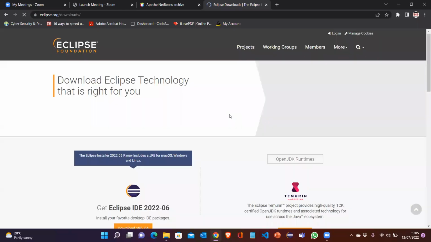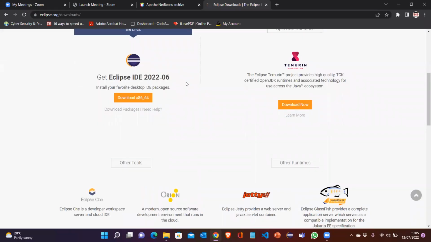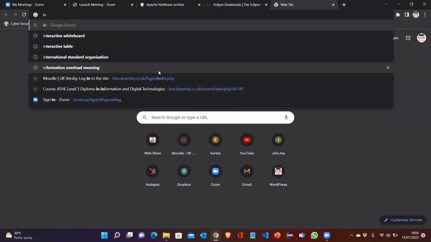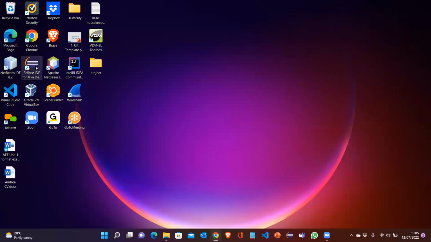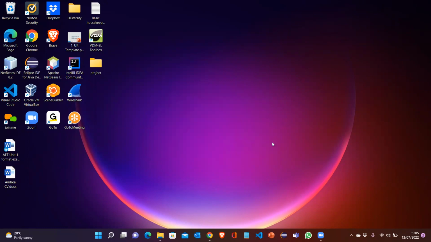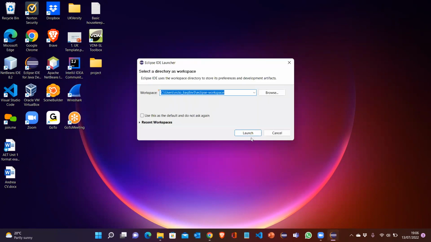So I do have Eclipse installed on my machine already. I already have all of them. And then there's also IntelliJ. So they are pretty much used for software development, all of them, but they're slightly different. Most of the companies work with Eclipse. So once you've downloaded Eclipse, it's going to show you this page asking you where to